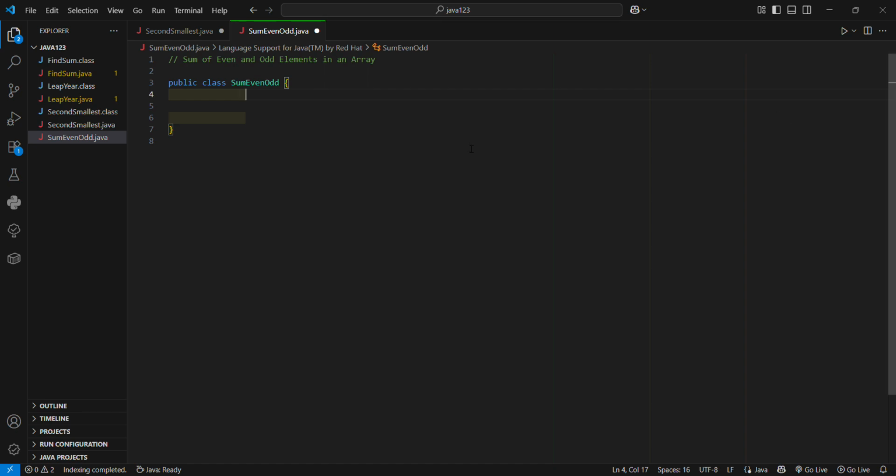Hello friends, today we see the problem on Java based on array. So the problem is sum of even and odd elements in an array. So firstly, create the EvenOdd file, and then